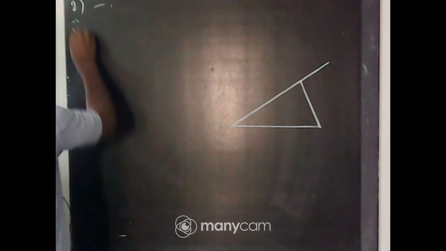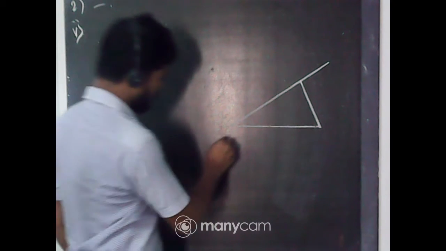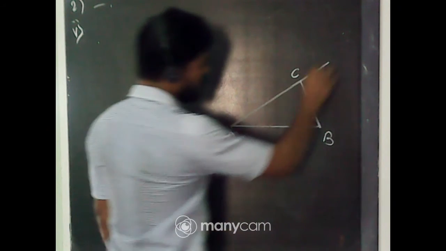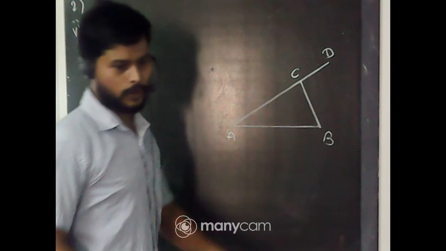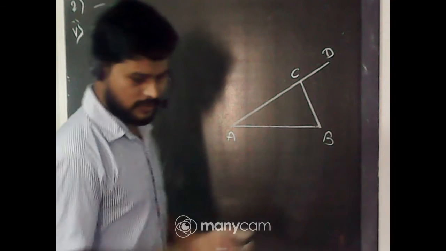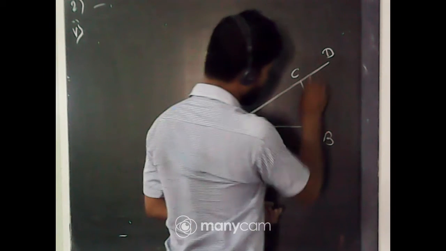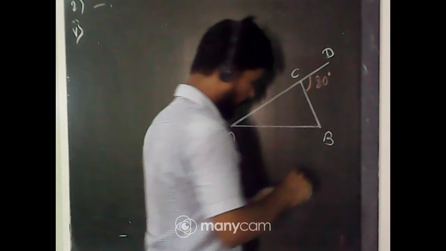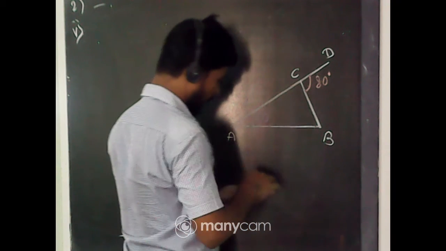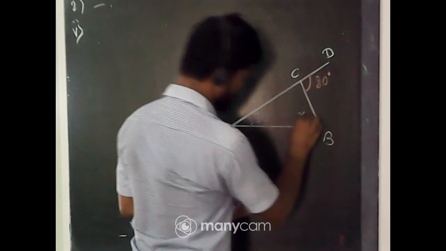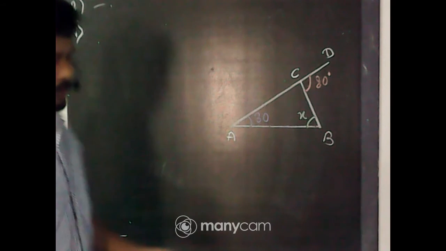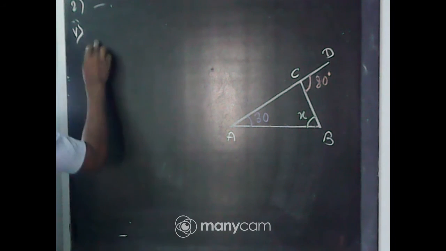This is our figure number 5. We are giving the names A, B, C, and the side AC is produced here up to the point D. Now write the data given here. The data are: the exterior angle is 80 degrees, and the two interior angles are 30 degrees and x degrees. We have to find the value of x. So we know what to do: we have to apply the exterior angle property.